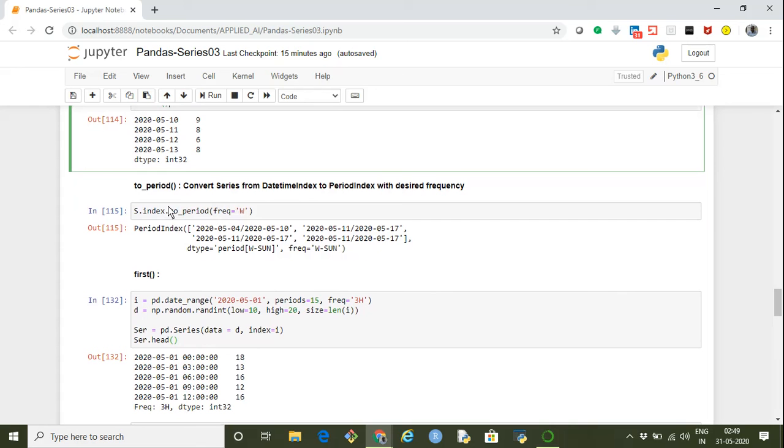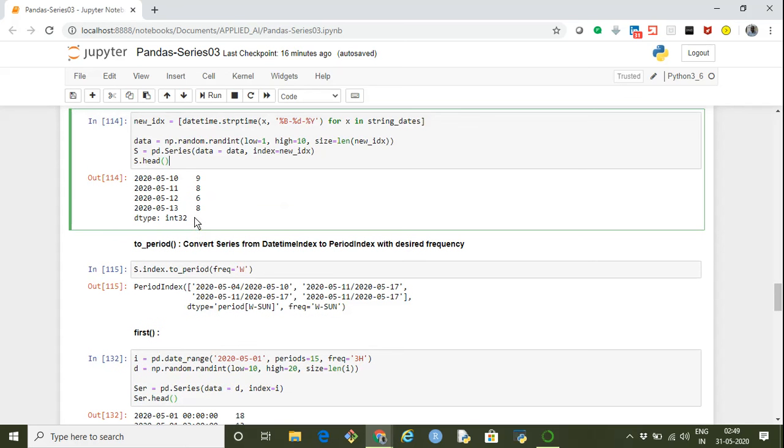There is another function, to_period, which converts a series from a datetime index to a period index with the desired frequency. Let's say the requirement is to convert the index frequencies to a weekly basis. Then we can simply say s.index.to_period and specify the frequency.